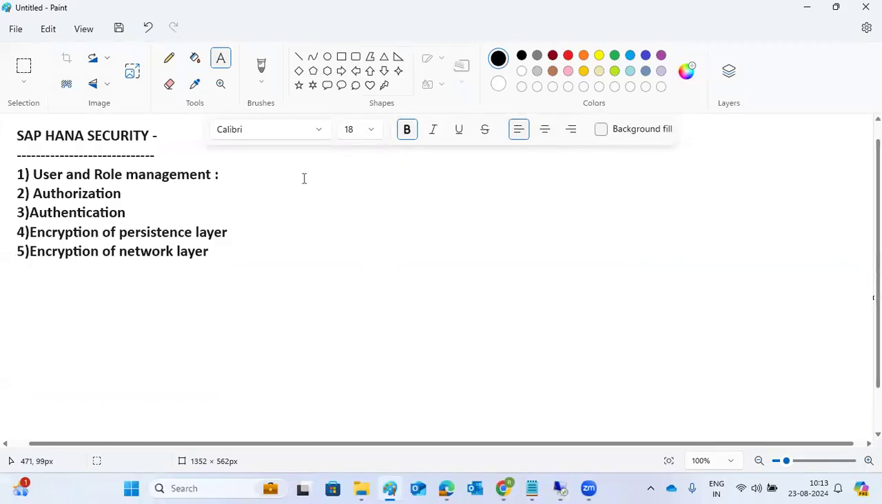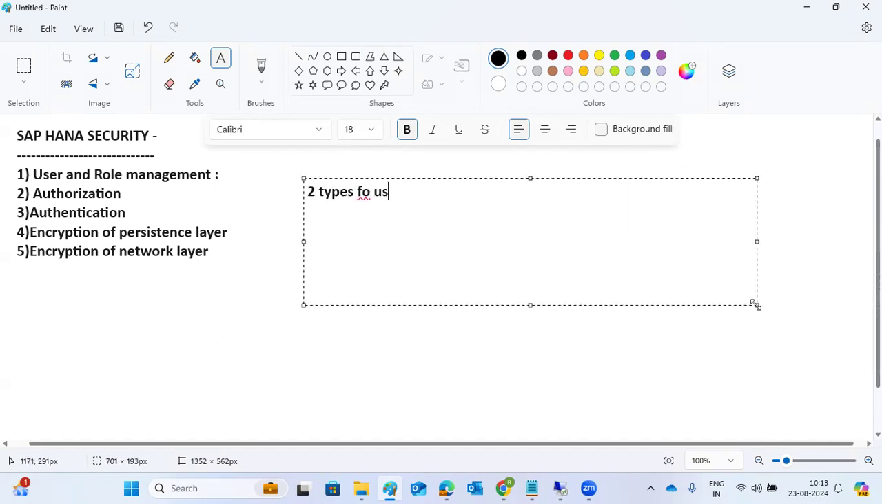One is the DBA user, meaning technical user. A technical user means one who directly works in the HANA database with necessary privileges. Normally, these users don't get deleted from the database. Technical users means system users. System users perform administration tasks. So there are two types of users in HANA: one is the technical user, and the second one is the